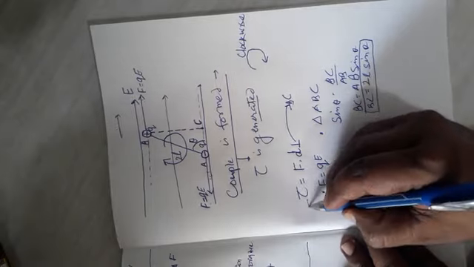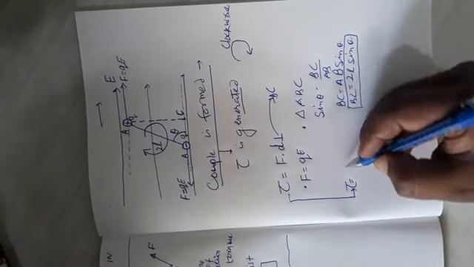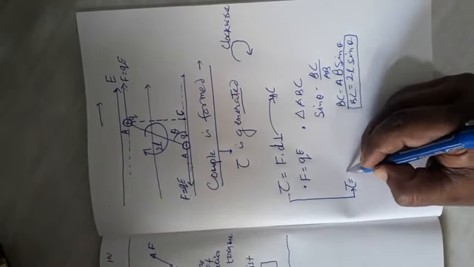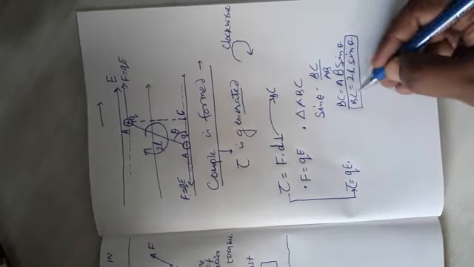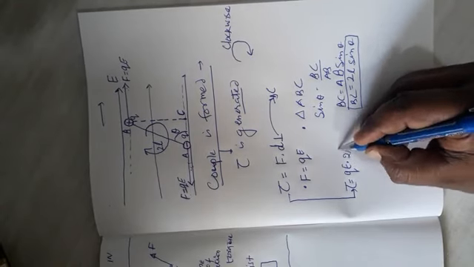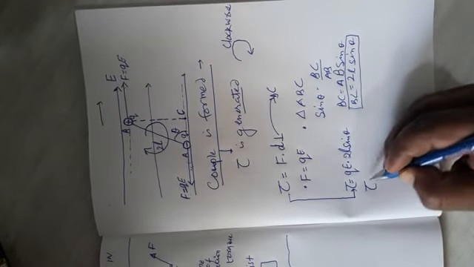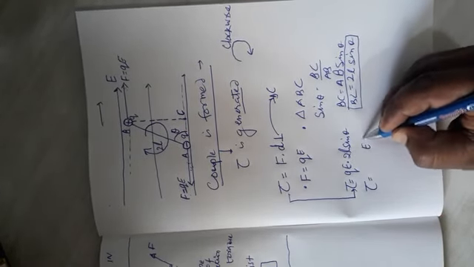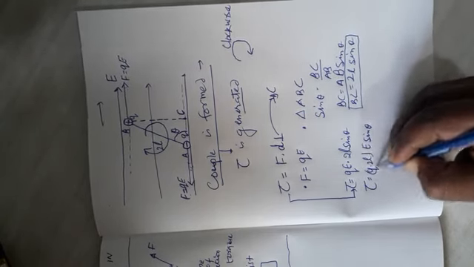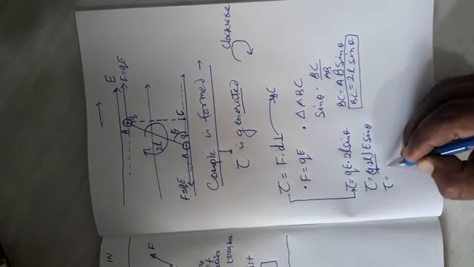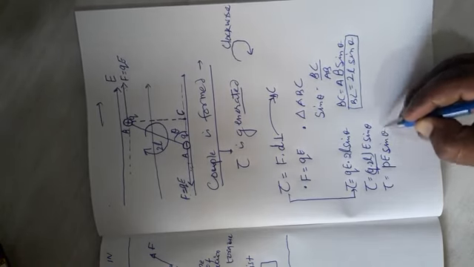Now, we have both the things that are required to calculate torque. So, torque will be force, that is Q into E, and D perpendicular, which is BC, which is found out to be 2L sin theta. If we can recall, if we put E sin theta as a separate entity and Q into 2L together, this quantity is called as dipole moment P. So, torque is P E sin theta.